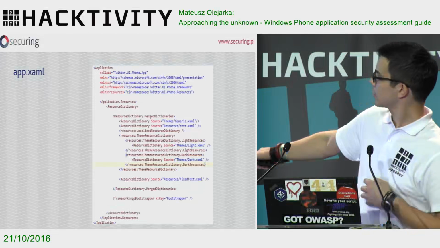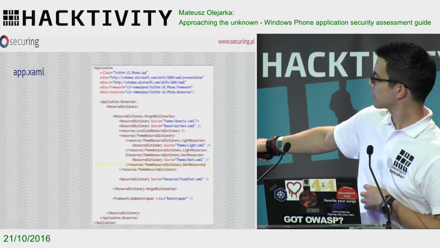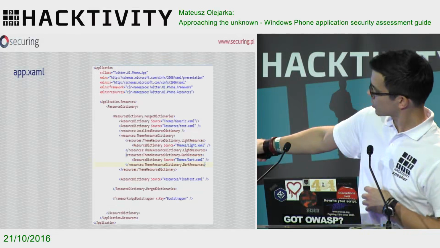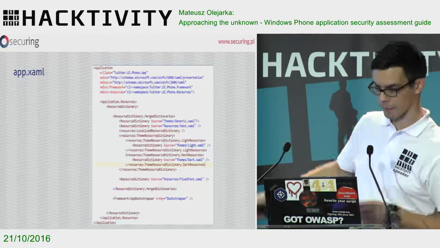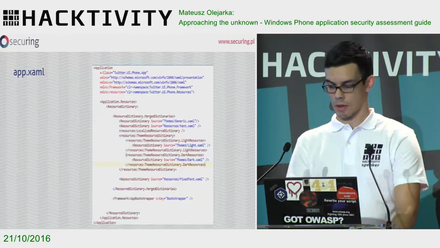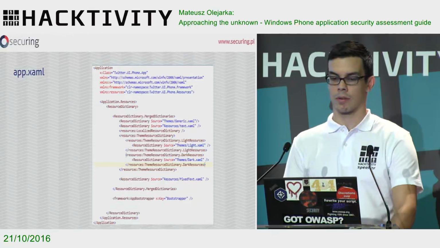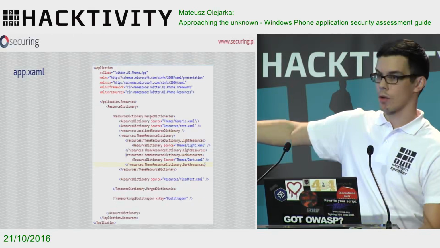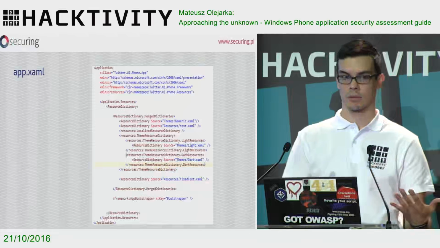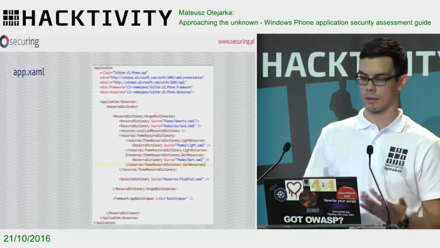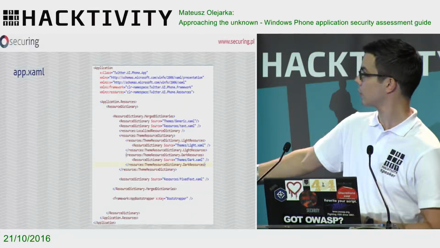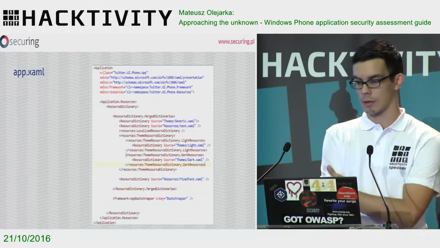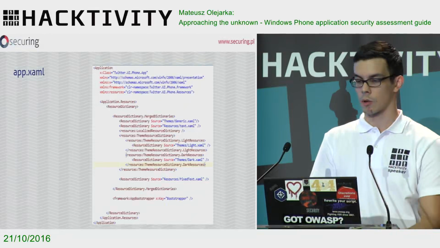Here is the main, where you can see some resources loaded, and here is the crucial element to analyze. This is the view, and a XAML file is always connected to a class, which here is the app class. There's always a connection with the code behind.